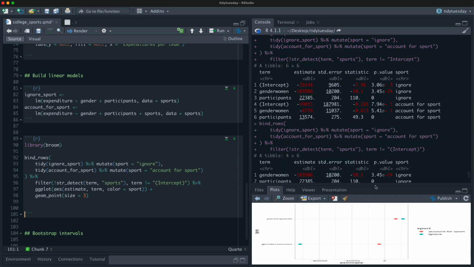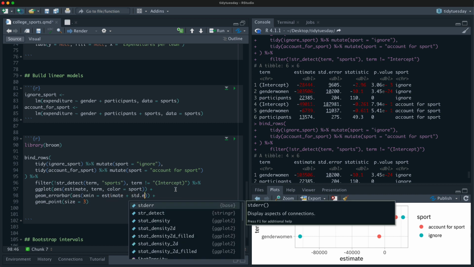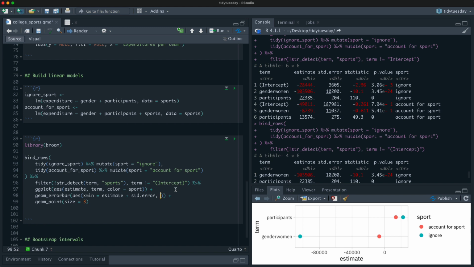But remember, we also have standard errors. So let's put those on too. Let's put them behind the points. I'm going to use error bars. And so I've got to add some aes here. So we'll say xmin equals the estimate plus the standard error, xmax the estimate minus the standard error.